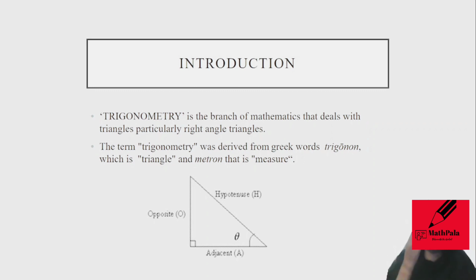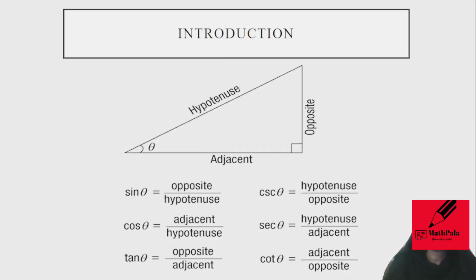Now we will see trigonometric functions, and later on we will take one example. So a right angle triangle is given. This is the right angle, and the side opposite to the right angle is called the hypotenuse, and this is called the height, or we can say the opposite side, and this is the base, or adjacent side. Trigonometric functions are sin, cos, tan, cosec, sec, cot.